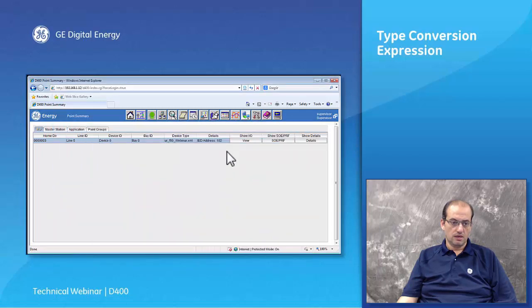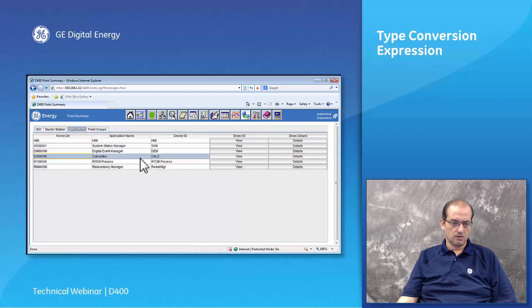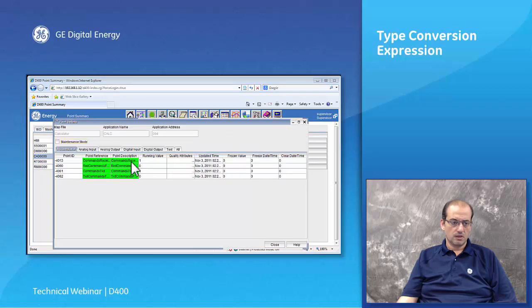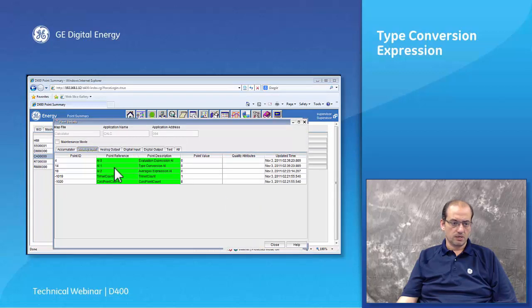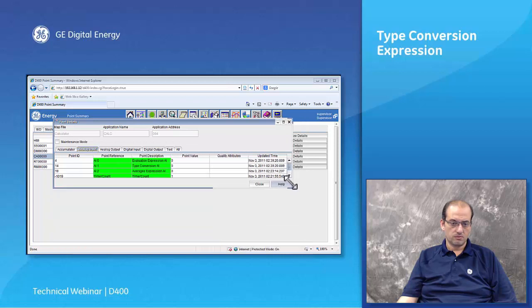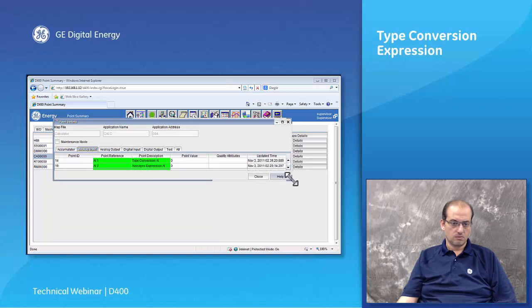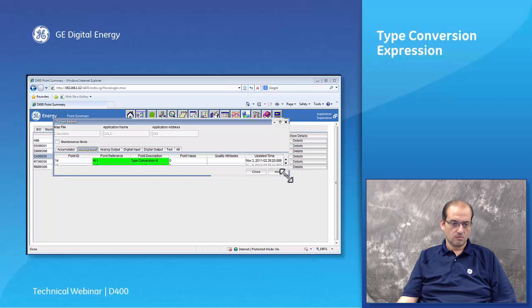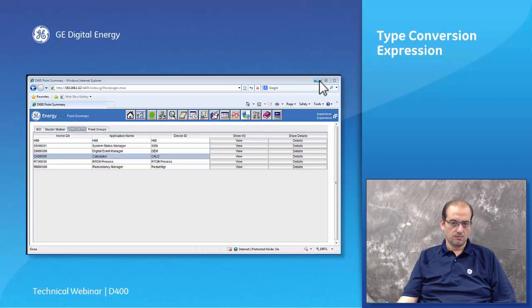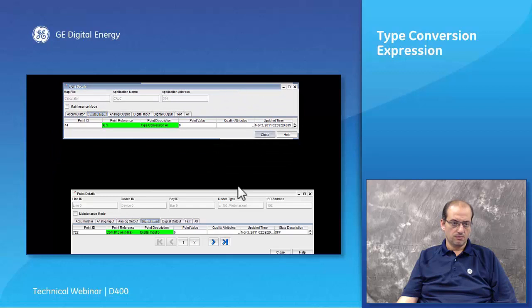Okay, and under the analog inputs, if we go back to the calculator points details, we will show the analog input, and under this analog input, which I'm using for type conversion,